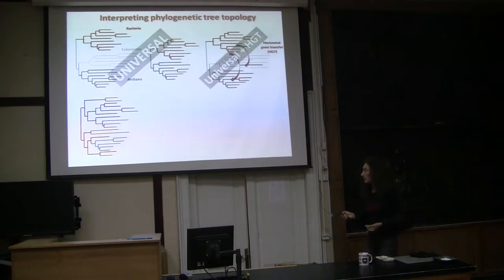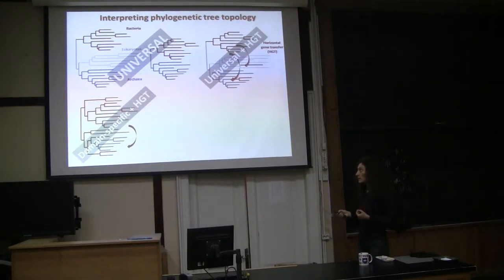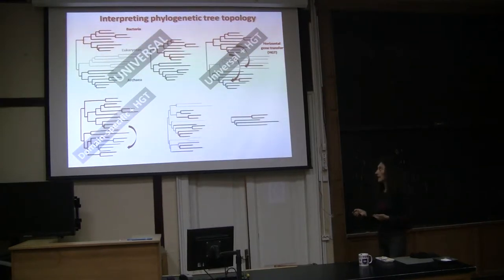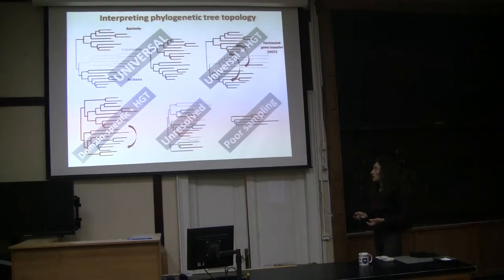If we have a case like this, where you have, for instance, all the bacteria, so this is a typical bacterial gene, and all of a sudden you have a group of Archaea in the middle of bacteria, and this is well supported, then this is a case of a domain-specific gene, it would be a bacterial gene, that has been transferred to the Archaea in this particular group. Okay? And then when you have cases like this, with all the branches mixed, or when you have cases with very few genes present, these are cases that we consider unresolved or poor sampling, and then we exclude them from our analysis. We don't analyze these genes, we don't count them.